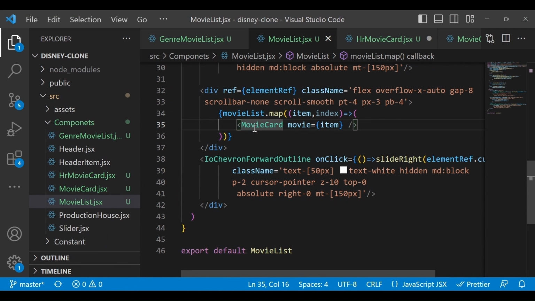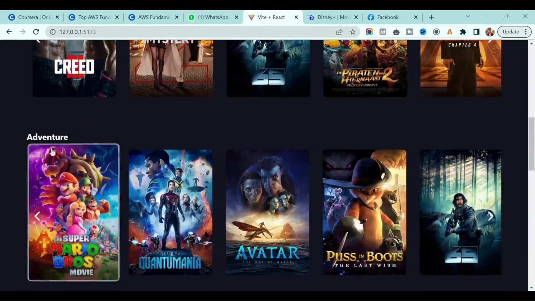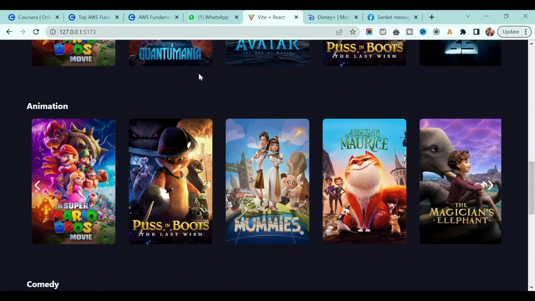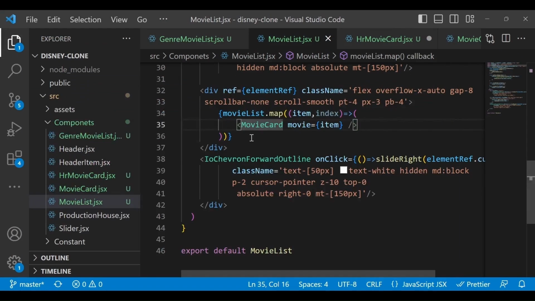So in this case we have to replace this with the hr movie card after a certain period of genres. For example, for every third genre, we want the horizontal movie list, right? So we have to pass some value from the genre.